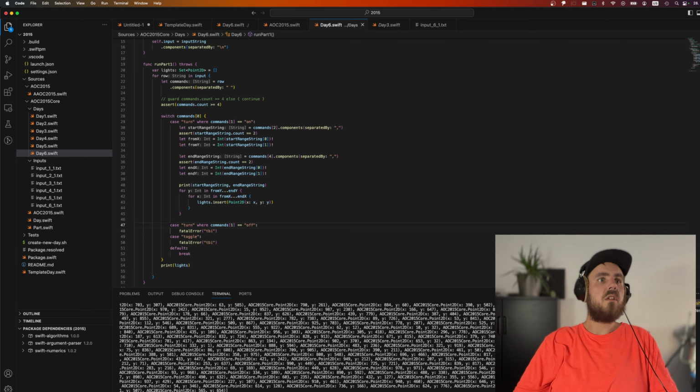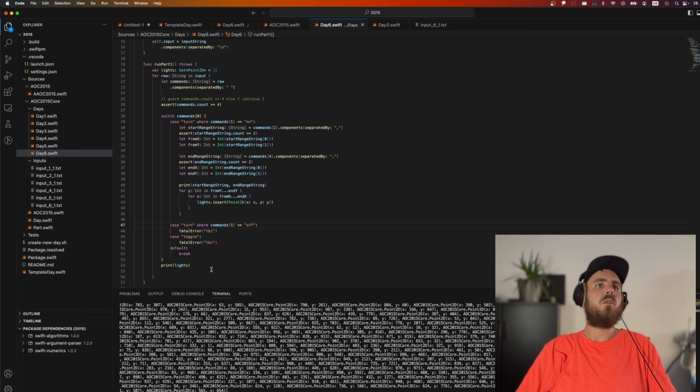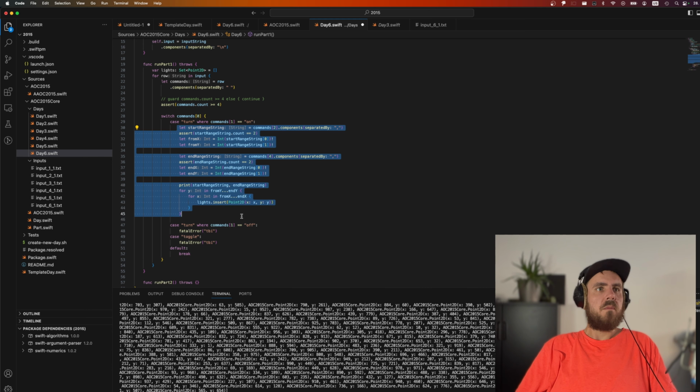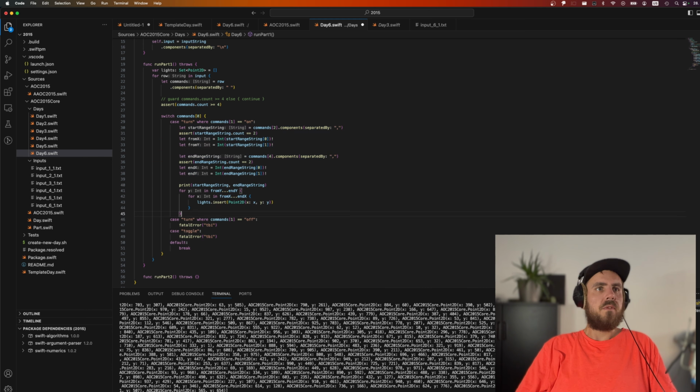It's printing quite a lot. Guess it's somehow working. I don't want to print that. Okay, so that's turn on. You can use the same logic for turn off. Basically, we can just reuse it and then say